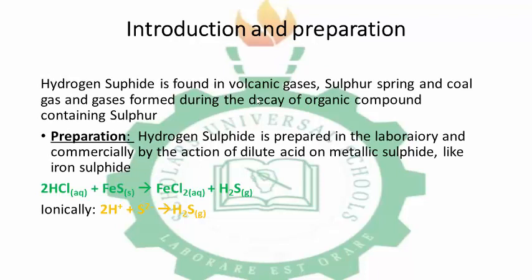Now, hydrogen sulphide is found in volcanic gases. I hope you can remember this from our introduction when we were discussing the occurrence of sulfur in nature. It is found in volcanic gases, sulfur springs and coal gases, and the gas is formed during the decay of organic compounds. That means after dead organisms or dead animals and plants decay, when they undergo decomposition by bacteria, then hydrogen sulfide